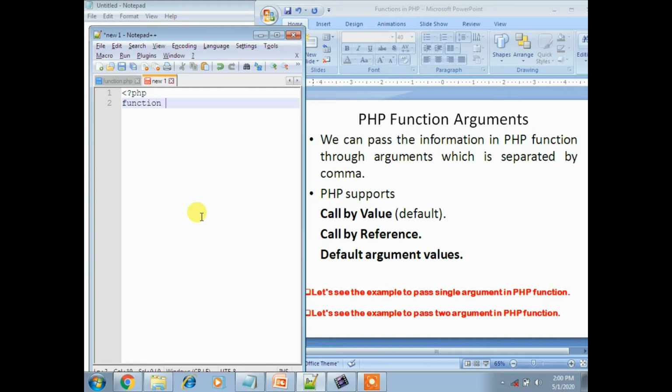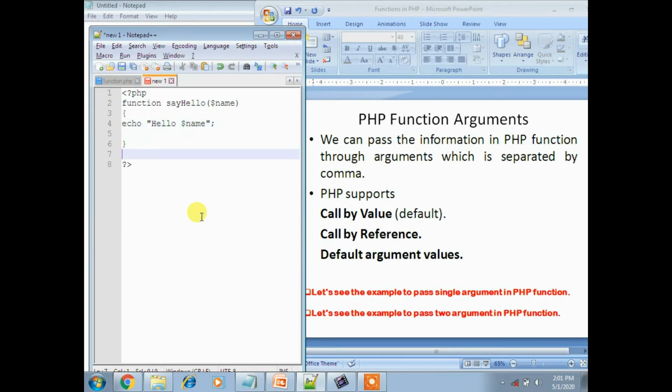Consider function sayHello, dollar name I am passing here, closing my curly braces, and now echo hello, name, so it displays the name.